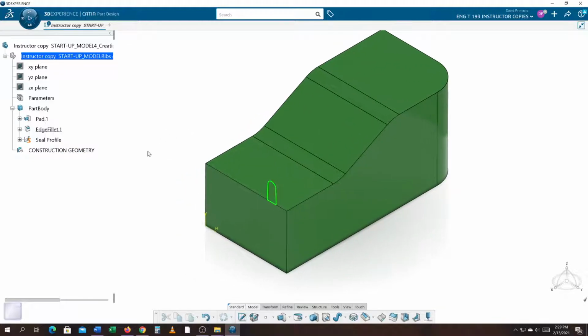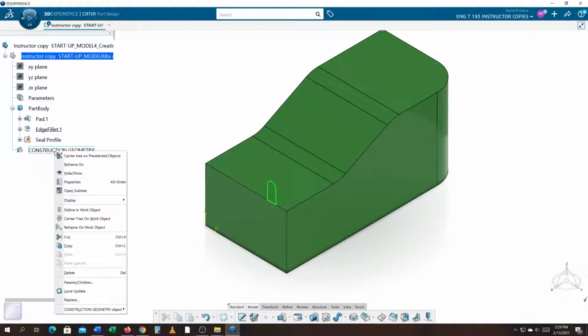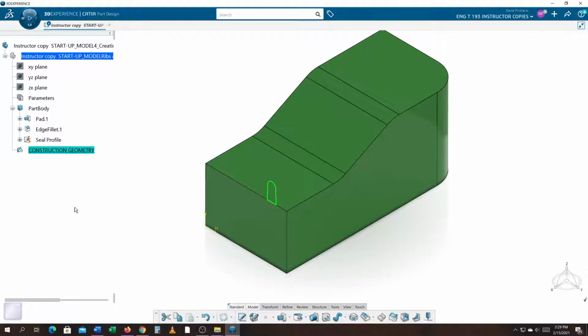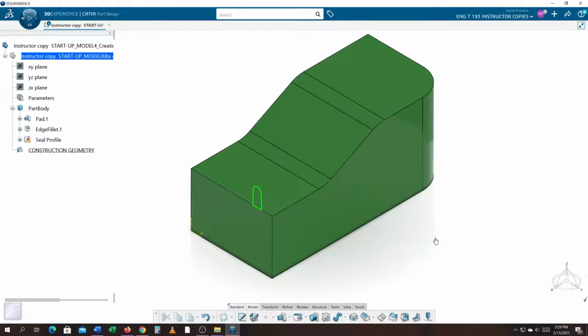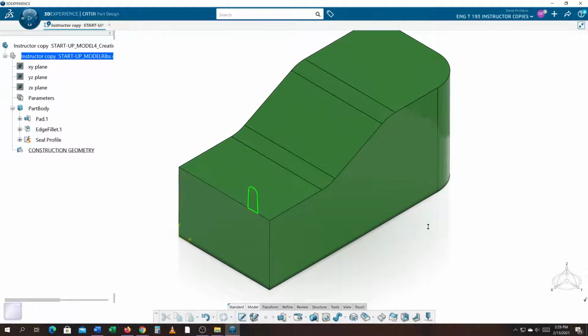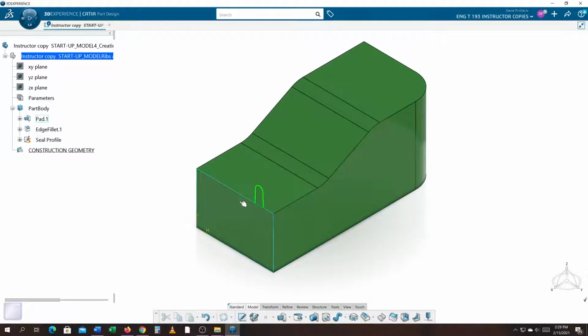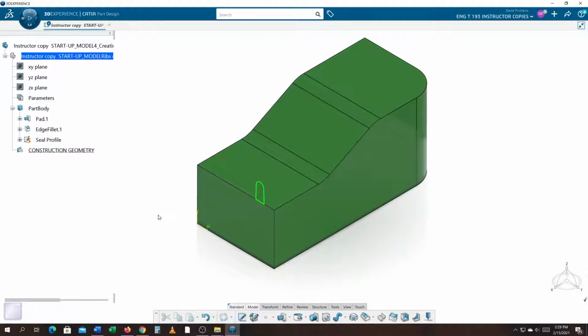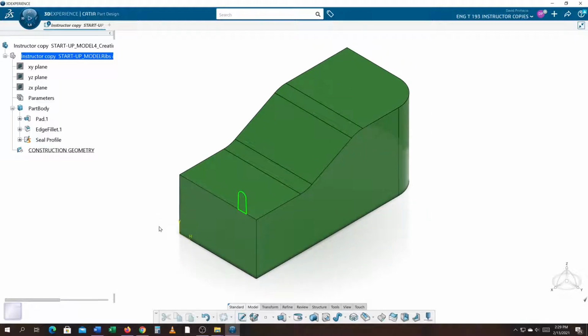And then what we want to do in the geometrical set is make that the in-work object. And part of the reason why we're doing wireframe and surfacing is to try and learn that you don't just always go into part design and make solids. You need to set up construction geometry in order for this to work. The construction geometry I need to get this to work would be to create an edge that goes all the way around here, because you can see